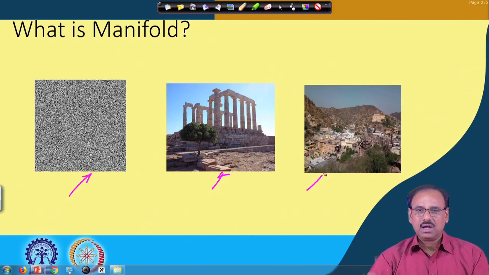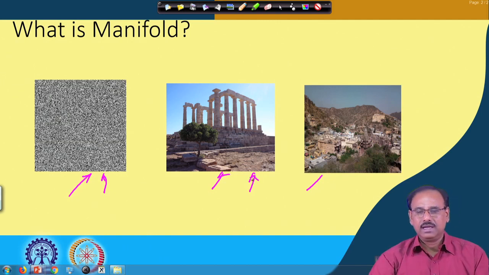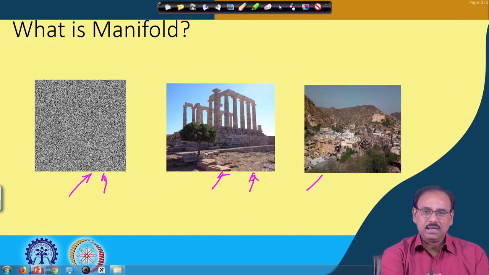If I choose a point at random, it is very likely that the image I will choose is this. It is very, very unlikely that I will get an image like this. So, that clearly shows that most of the volume in that m into n dimensional space represents images of this form,